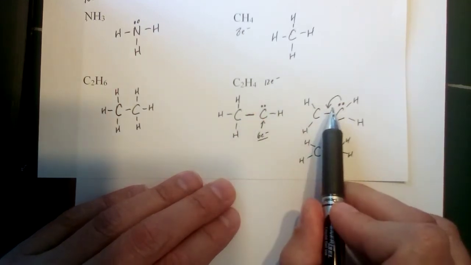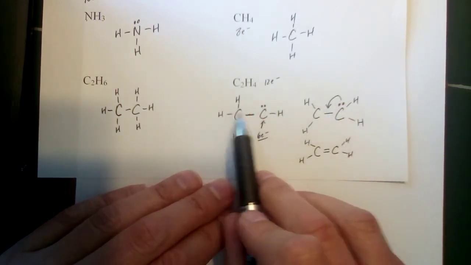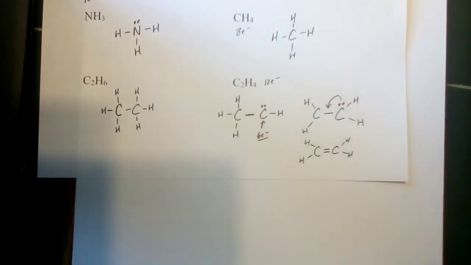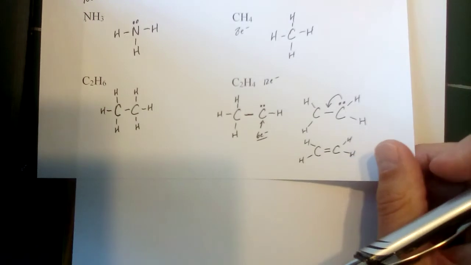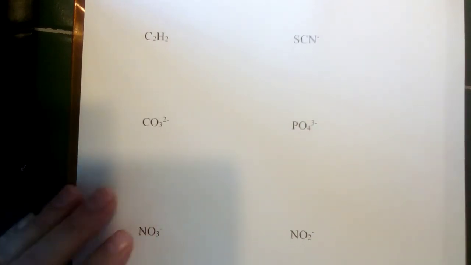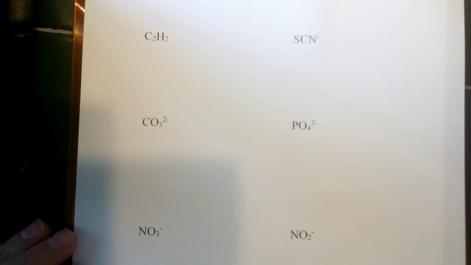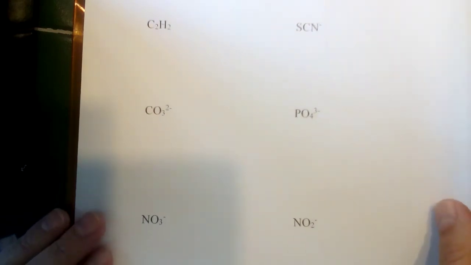This is something you may have to do by trial and error, right? Try some different skeletons, see what you can get to work in terms of the structure. And you may be able to eliminate some as you just can't draw an appropriate structure with that particular set of atoms in that arrangement. Okay, so moving on to the next page, if we drop the hydrogen down even further, right, we have additional